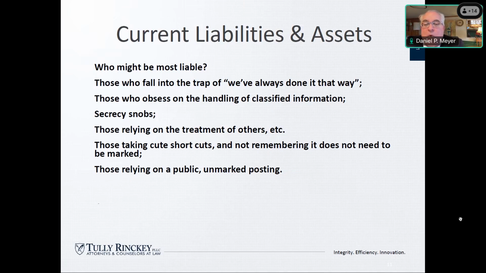Another one, a favorite of mine from my service as an intelligence officer, I had an SES who is a long-time member of the intelligence community explain this to me. Security snobs. There are people who think that they hold a particular rank in society because of their level of access. This is a problem for security, because a person who's a security snob is going to start letting their security access affect the way they view the handling of classified information in the workplace. In one respect, it can make them very careful because they want to protect what they perceive as their status of having a security clearance.